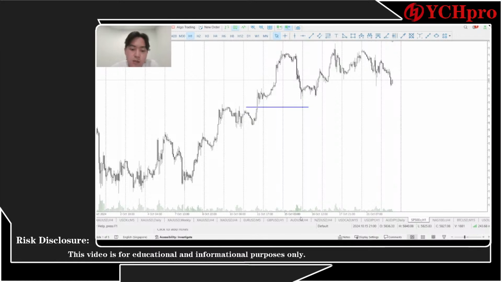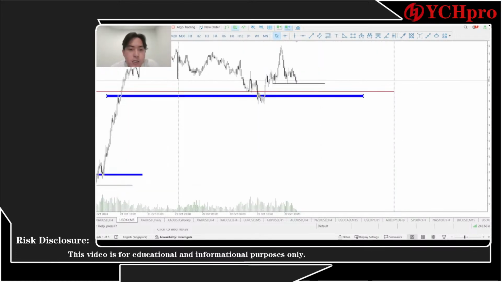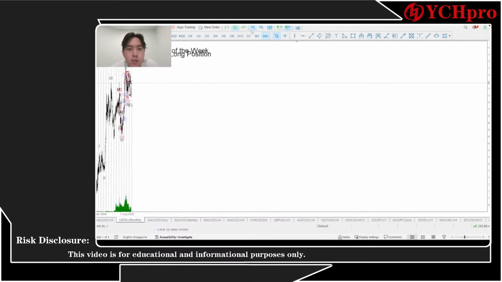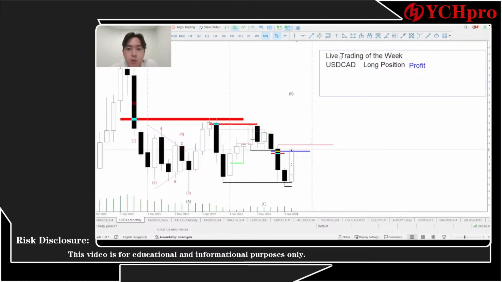You can see with your own eyes that we are trying to trade as transparently as possible. As we already mentioned, this week we have been in profit on the USD CAD long. I'll be marking everything from my trading. So if you do have any questions or doubts about it, you can talk about it, but don't try to demotivate other people.